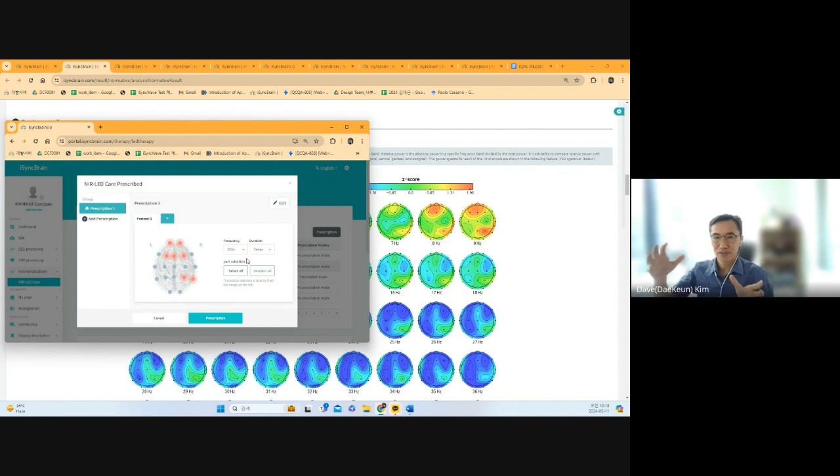That kind of gradual increasing protocol to a faster frequency makes